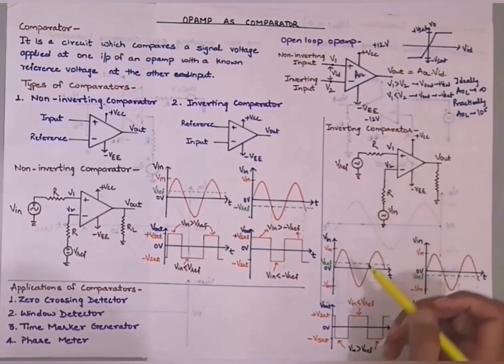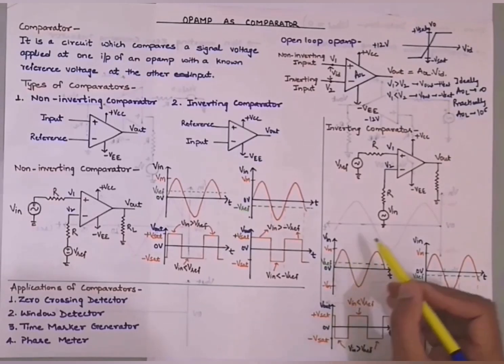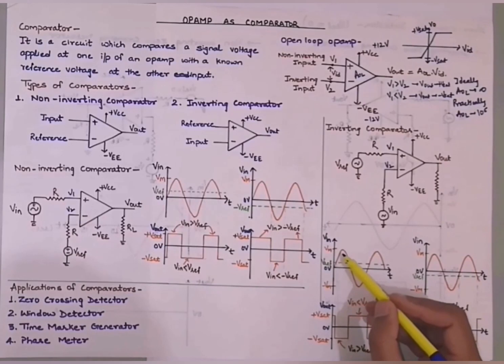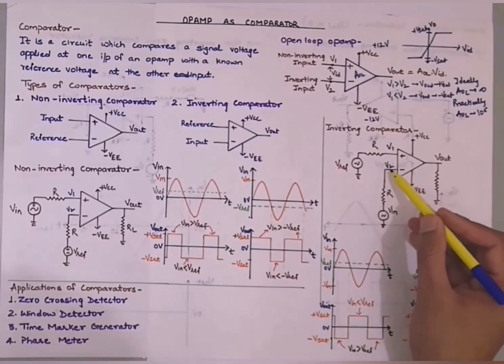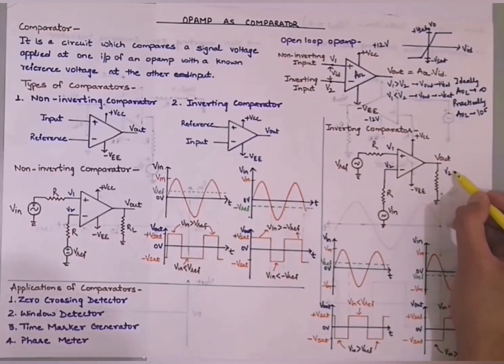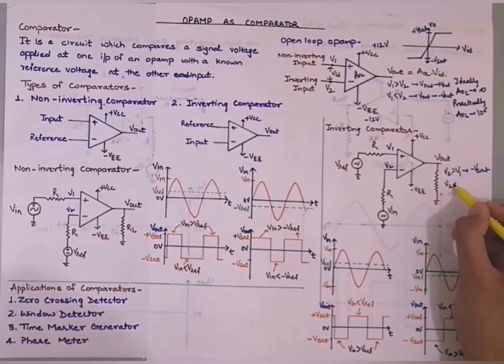Here the input that is applied at the inverting terminal is shown with again the orange color, and the V reference is taken as a positive voltage, so it is shown here with the green pen. So whenever my input voltage is greater than the reference voltage, it means now in this case V2 is greater than V1 because input has been connected to the inverting terminal. So whenever my V2 is greater than V1, my output must be taken towards minus V saturation, and when V2 is less than V1, it must be taken to plus V saturation.